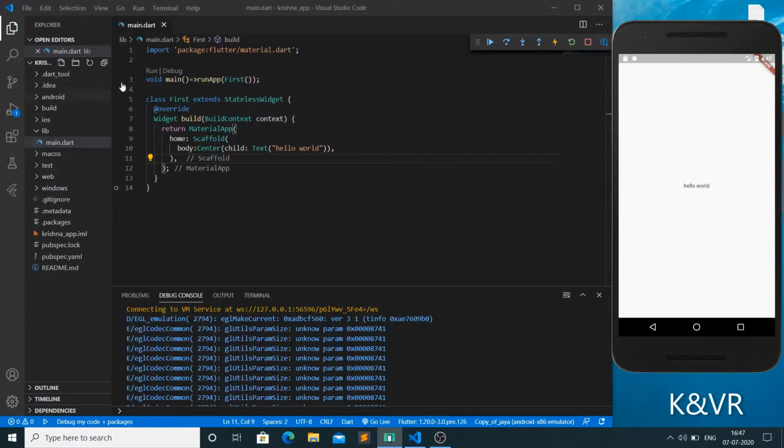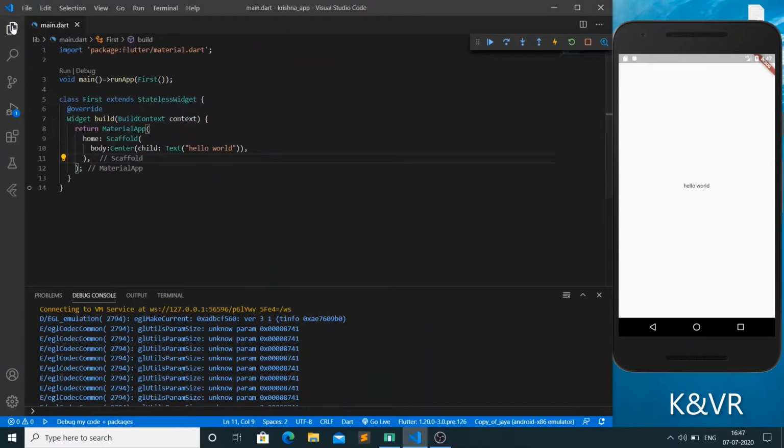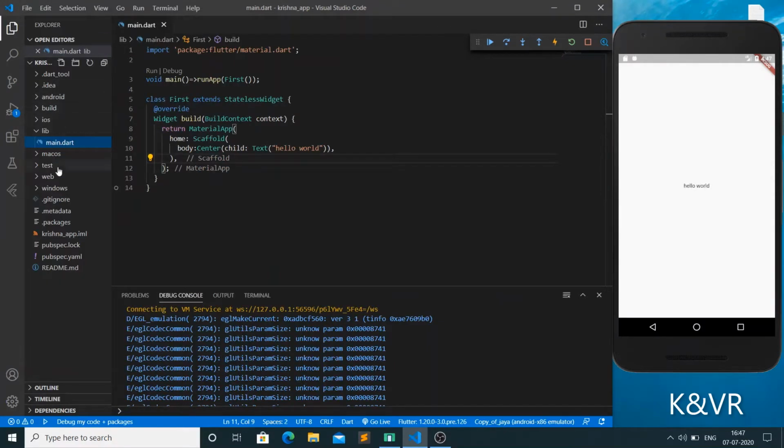Let's see how to manage your project files. Just click here, it will open your files here. Let's see the .dart_tool folder. We can use the dart tools from here, and libraries will be there.